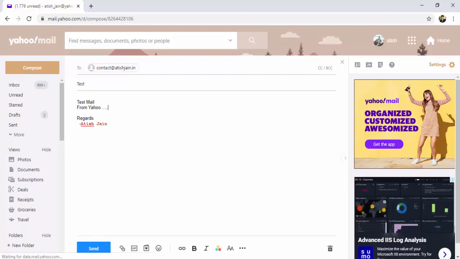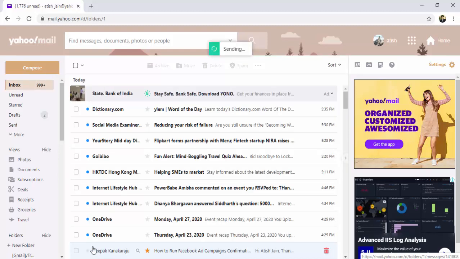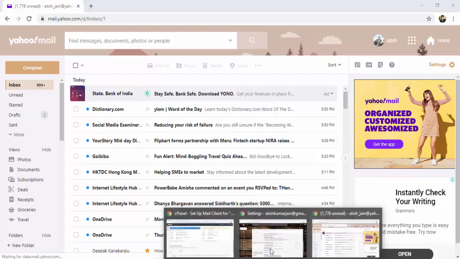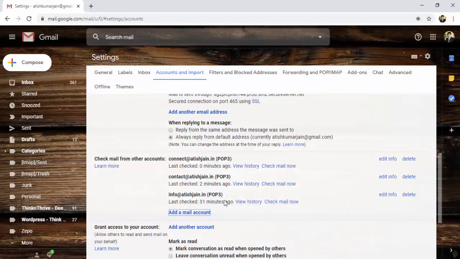I'll click on send. Now we have to check whether we have received this mail in our Gmail inbox or not. Why? Because we have configured our business email to our Gmail. So let me go and refresh my Gmail account. Go to inbox.